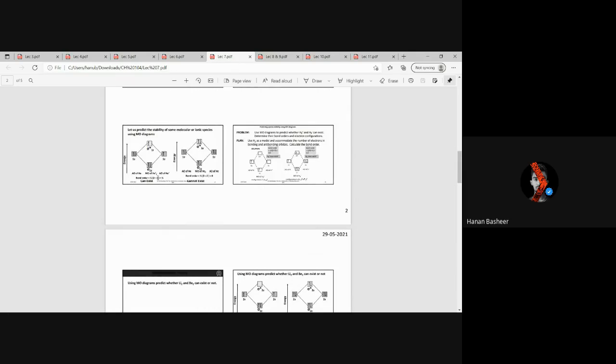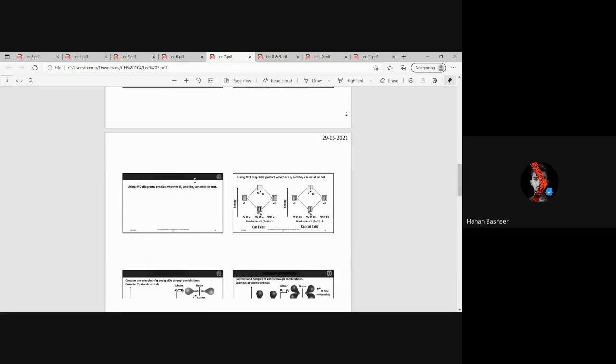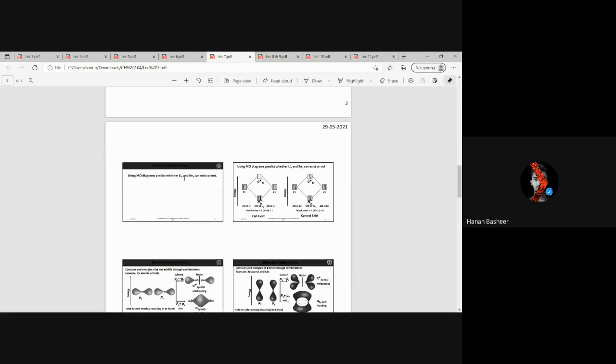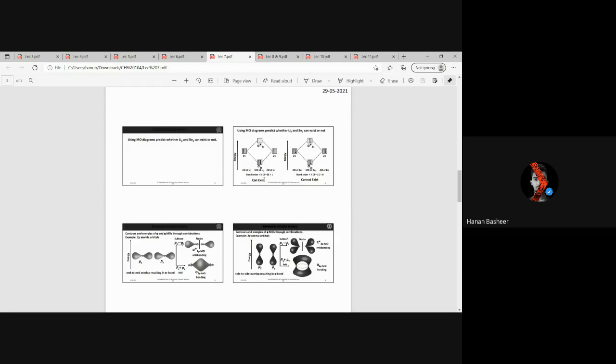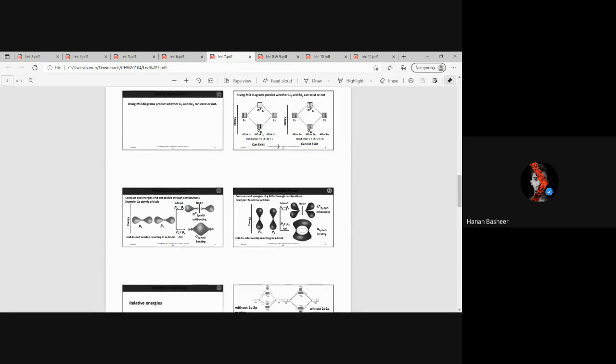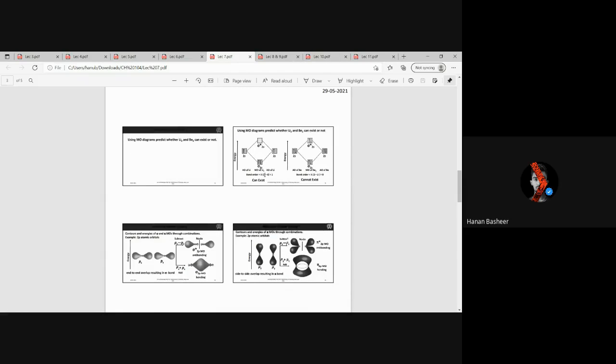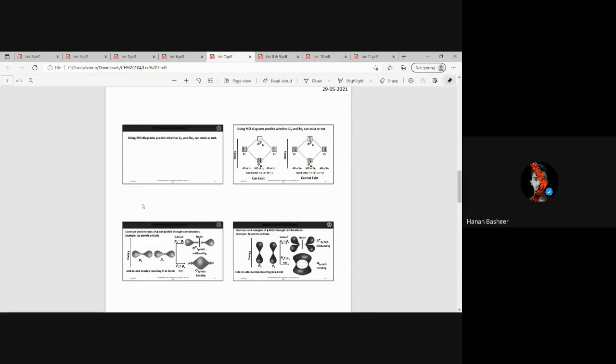So this is possible. Similarly, we can test for the presence of different types of molecules. We can test He2+, and we get a bond order of half, so it will exist. Then for the He2 molecule, we find the bond order is 0, so it cannot exist. So using the MO diagram, we can predict whether any molecule exists. Li2 and B2, for example: both can't exist. Instead, only one will exist, which is Li2, and B2 won't exist because it will have zero bond order.